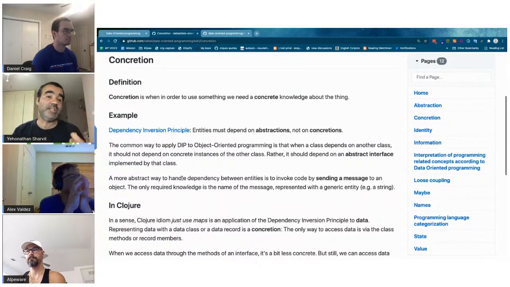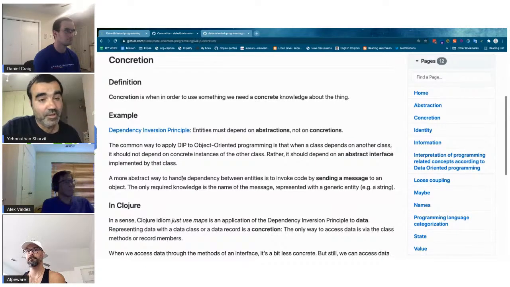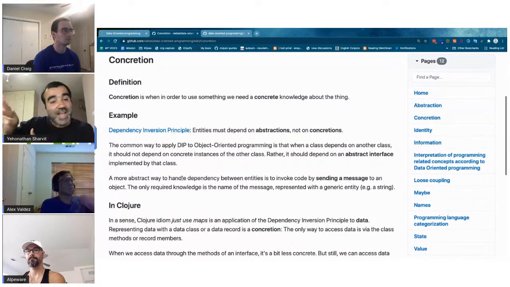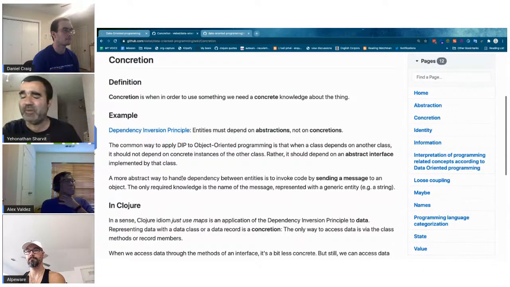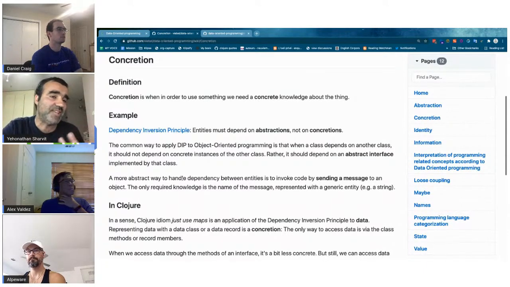So the information that you need as a consumer of the Google Doc API in JavaScript is only about the fields in the map. So it's abstract. The information that you need to know when you use the Java API for Google Docs is more concrete. You need to know the methods of the class that represents the document: set title, set line number, set whatever. And it's not only that you need to remember the name of the method, because remembering the name of the method or the name of the field is exactly the same.